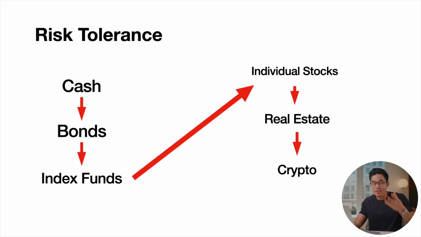So that is really why index funds are a safer bet. After individual stocks, there's real estate. So this is a little bit more risky than investing in the stock market. And even riskier than that, for me, is going to be crypto. Crypto is super, super volatile, right? We've seen some extremely big gains in the last couple of years, but we've also seen some extremely big dips